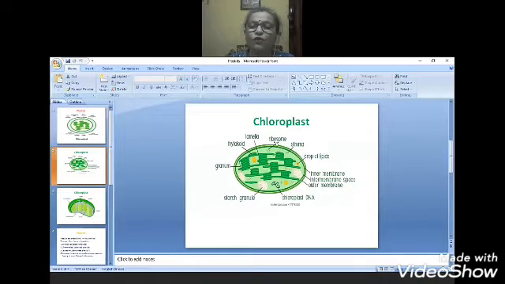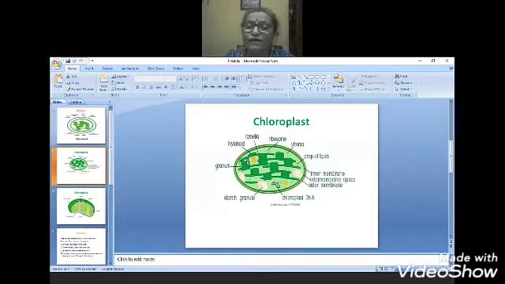You can see that the chloroplast is a double membrane structure having two membranes, and inside also you can see the structure. You can see the structure is looking like a stack of coins. Stack of coins means, suppose you consider a 10 rupees coin, you have placed the coins one on top of the other, so they are somewhat looking like that only. So this entire stack, we call it as the granum. One such stack we call it as granum, and all the stacks together we call them as grana.